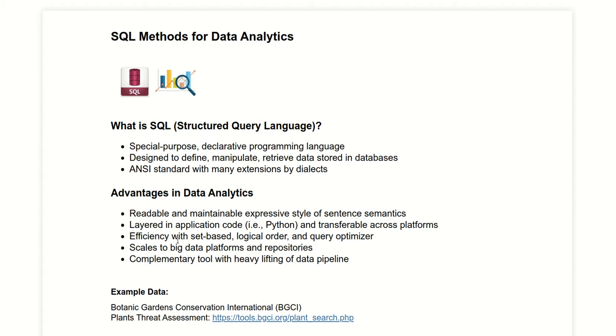With SQL, its actual core language is maintained by the ANSI standard, and so it really is an industry language used across many platforms. In addition to that, many dialects extend that core language, dialects being Oracle, Postgres, Redshift, Spark, you name it. Any type of database that runs SQL, and this is really one of its primary great features, that interoperability